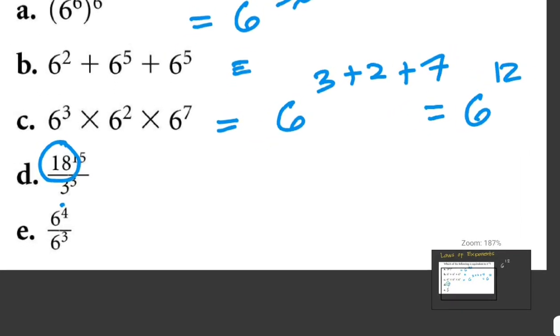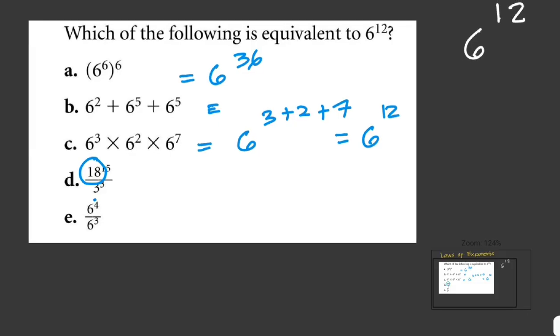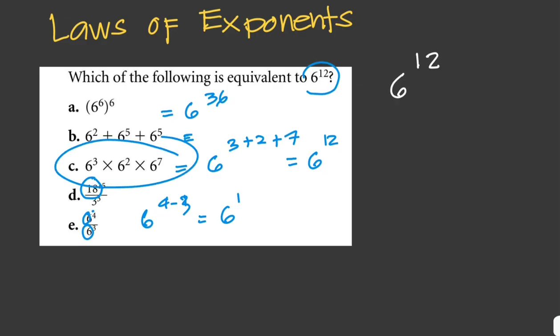As well as letter E. Okay, letter E is not the correct answer. They have the same base here, 6, but then we have to subtract the exponents. So 4 minus 3 is equal to 1. So this would become 6 to the 1, which is not equal to 6 to the 12. So the best answer here is